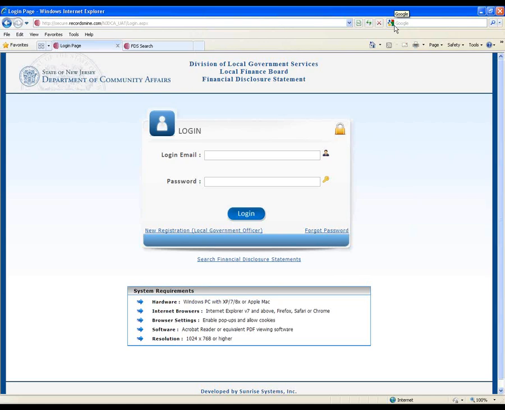So let's get started here. What you're looking at right now is the login screen. This login screen is going to be the same login screen the LGS users, the LGE folks, and even the LGOs will use. Everybody will come to the same website. We are working today in our test site. The live system isn't up yet, and we'll talk about that later in the webinar, when we anticipate it being live, and some dates and all that. But today we're going to be working in the test system.